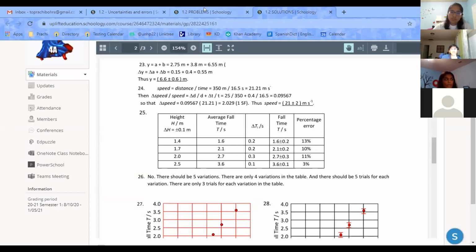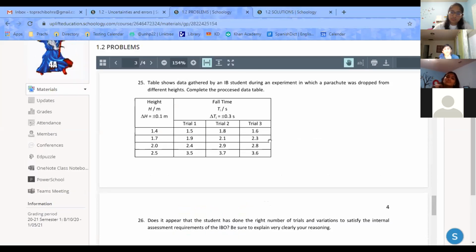So when would you add it? I'm guessing you would add it only if you're adding different values, right? Like not taking the average then. Yeah, I mean you do add them if you add different values, but then where is this uncertainty from? Is this not from human error? That's from human error, I think.